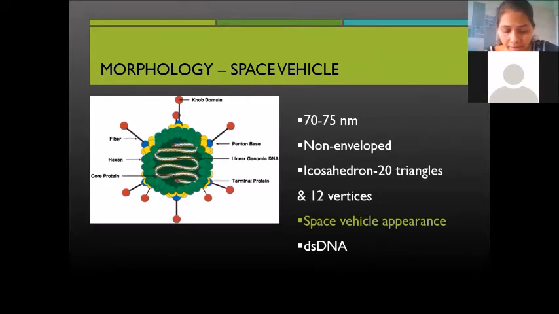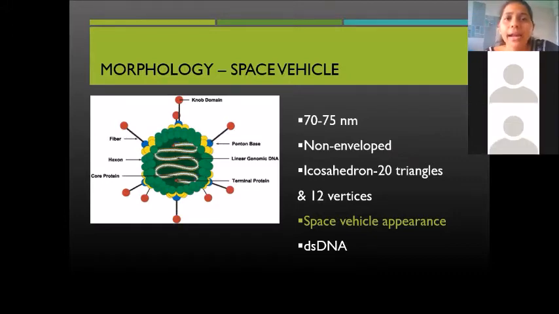Before we go ahead, let me tell you that all the three DNA viruses that we are going to do today, they are non-enveloped and they are very small. For example, the smallest DNA virus is parvo, and it is around 20 to 25 nanometer in size. Then the next in size in DNA viruses group is papilloma virus. The size is around 15 nanometer, and a little bigger than that is adenovirus, which is around 75 nanometer in size.